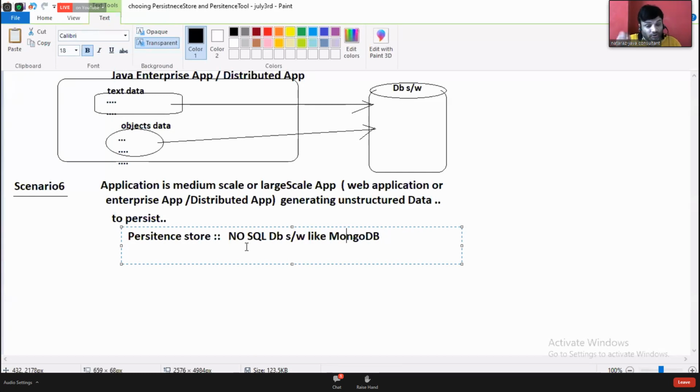Single row databases, everything will be in a single row. Single column database softwares are there. Database software maintaining data as key value pairs is there. Database software holding documents is there. MongoDB is holding documents.